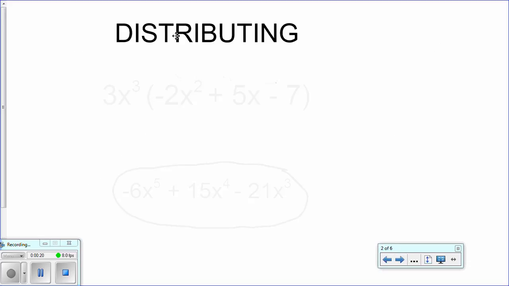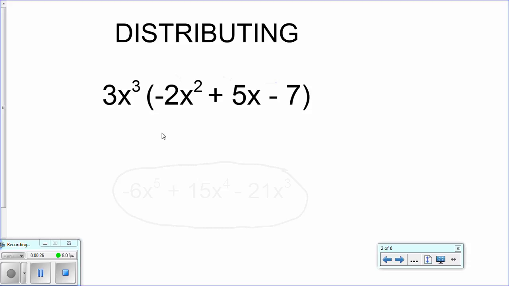Alright, so it really is just straight up distributing. When you get a problem like 3x to the third times negative 2x squared plus 5x minus 7, that 3x to the third on the outside needs to be applied to each term on the inside. So it's very similar to the stuff that we've already been doing. The only difference now is that we have exponents. It's very, very good that we learned how to multiply exponents that have the same base, because that means we can add their